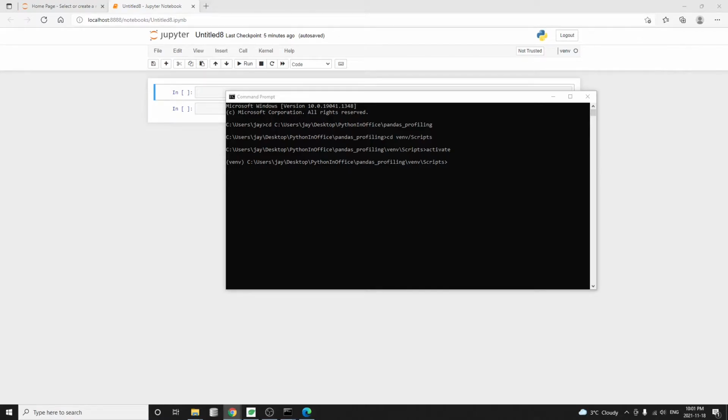Hello friends, welcome back. In this tutorial, we'll learn how to use a data exploratory library. It's called Pandas profiling. It's kind of like the Pandas describe method, but it's much better because it can provide much more information. For this tutorial, we'll be using Jupyter Notebook, which is also recommended by the Pandas profiling official